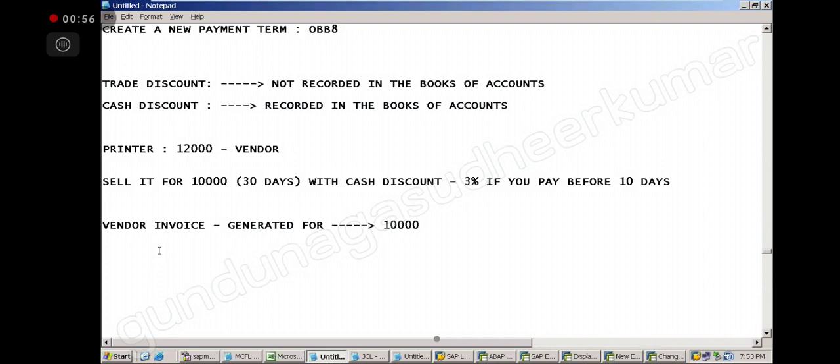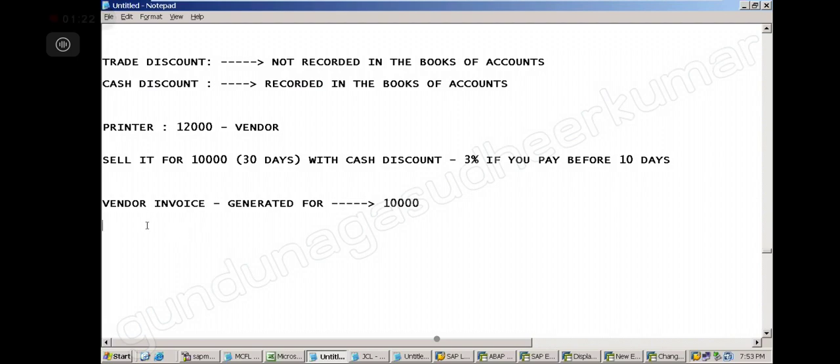So the 2,000 will be the trade discount, right? It is not recorded. He just said it and reduced. Not recorded. Correct? So the 2,000 is the trade discount, so it is not being recorded. In the invoice itself we are not getting it, right? Okay. Then what is the entry for this now? Can you tell me? Vendor invoice entry.